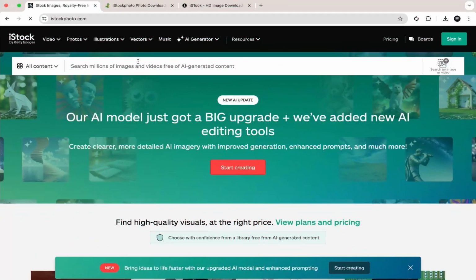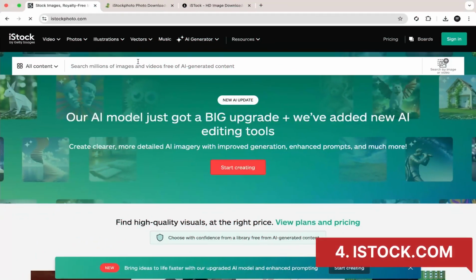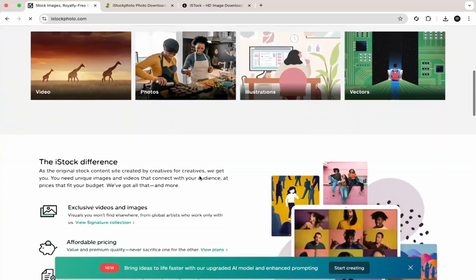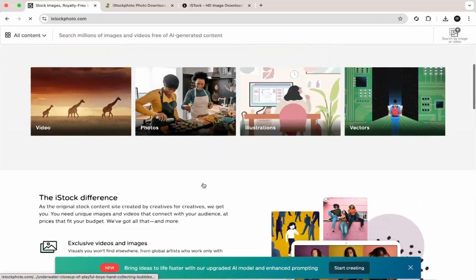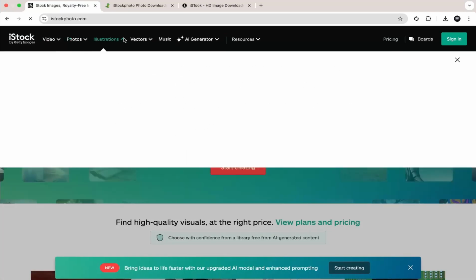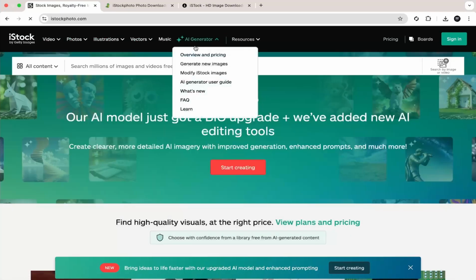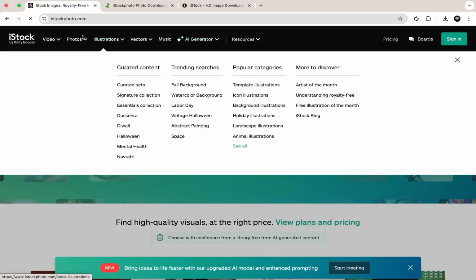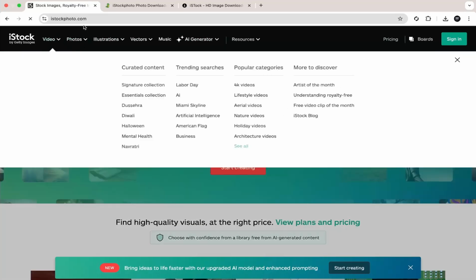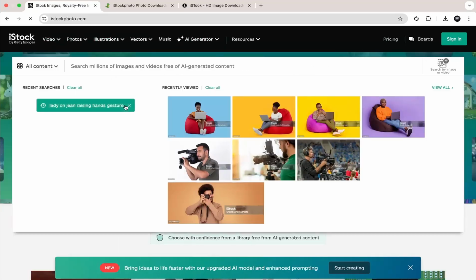For our next website we have iStock. Is it iStock? iStockphoto.com. Yeah, this is a very nice website for downloading graphic images for your graphic designs. So let's go through it. Now we have videos, photos, illustrations, vectors. Wow, that's nice. AI generator. Yeah, looks nice too. So normally we are going to be dealing with photos, so we can just search for